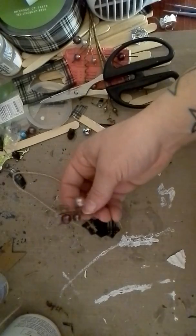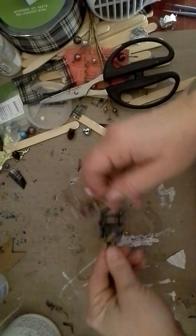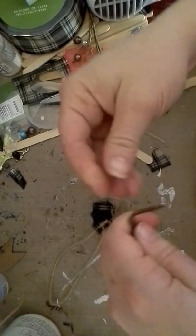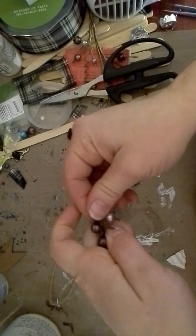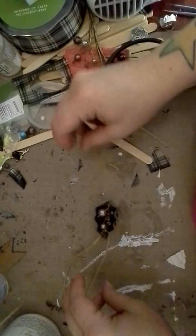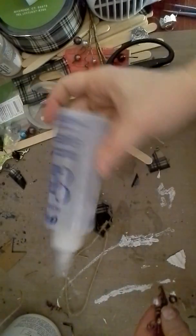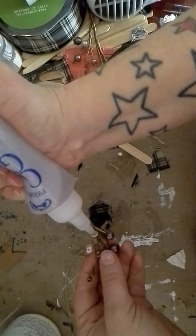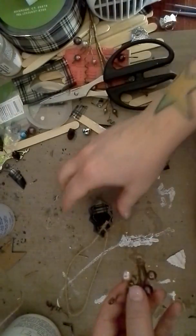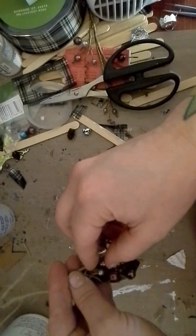I've got these little Prima twigs and things like that. This one is very neutral colored, and I think if I bend it just right, it's going to fit in there. So I'm going to bend the back of it up, like if you've ever done floral arranging and the stems are too tall on your flowers. Yeah, that should be good. So I'm going to use some Helmar premium craft glue, and I'm really going to douse the bottom of it because I want a nice thick bond. And you're going to think, oh, but then all that glue is going to be seen, but it won't because...